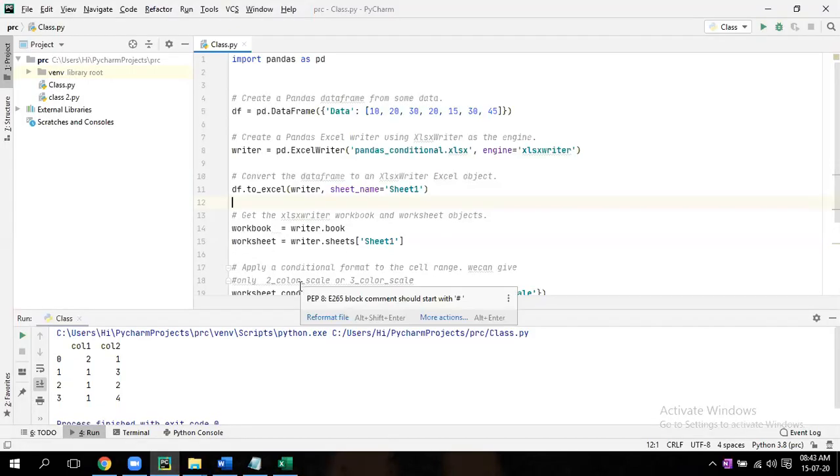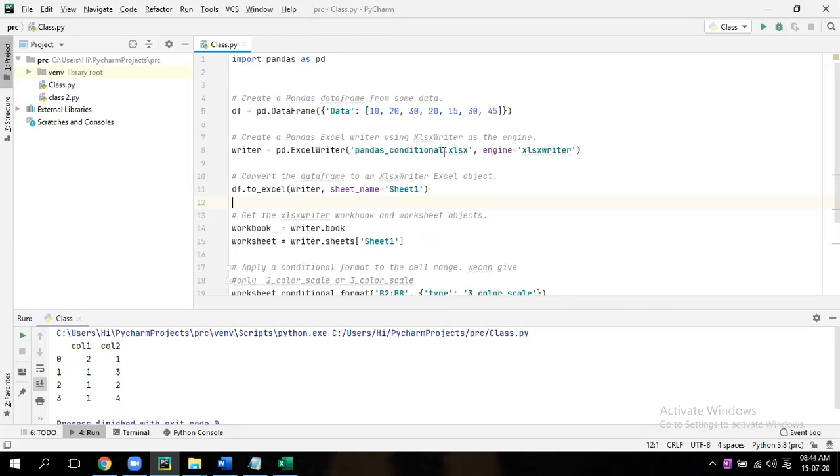So to create the sheet, you want to give some name, sheet 1. So sheet name equal to sheet 1. Whatever you want to give, you can give it. Not an issue. Now in Excel, we call it a workbook. Workbook and worksheet, these are the concepts in Excel. Let's say we are going to deal with multiple workbooks or worksheets. That time you can use like this: workbook equal to the sheet 1 or even sheet 2, or workbook 1, workbook 2, like that. So that you can do.